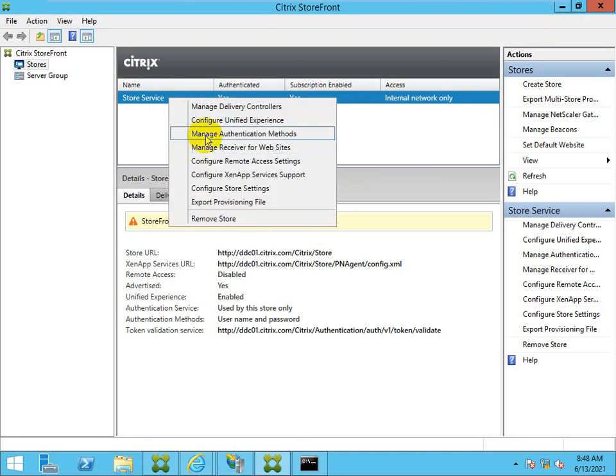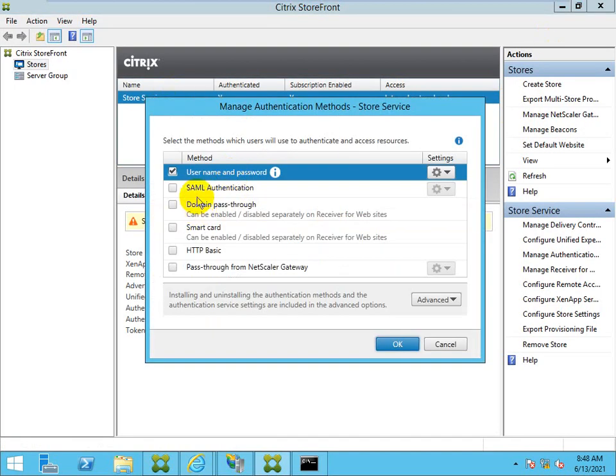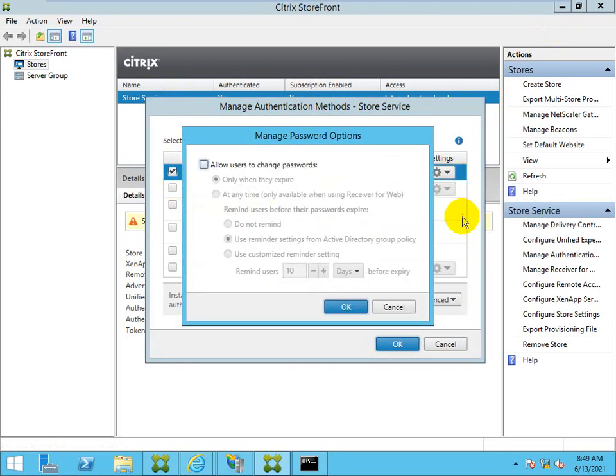Next option, manage authentication method. Here I am using username and password only. So, manage password options: allow users to change password, and use reminder setting, or Active Directory group policies. You can use a customized reminder, for example 10 days.